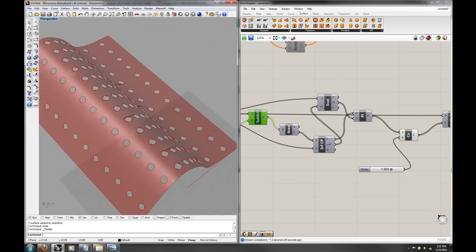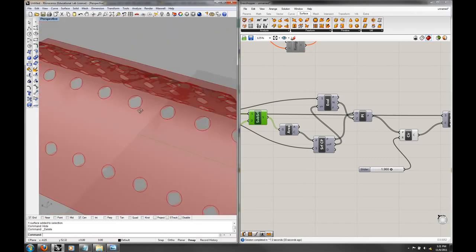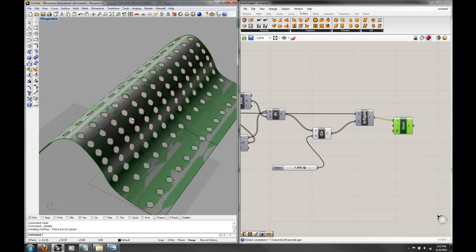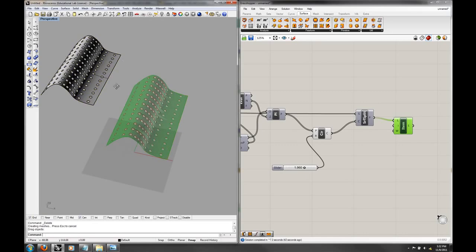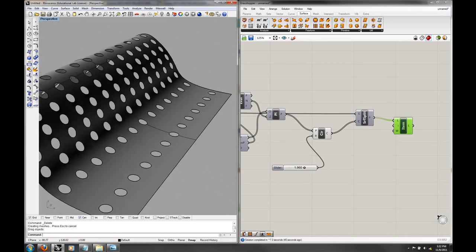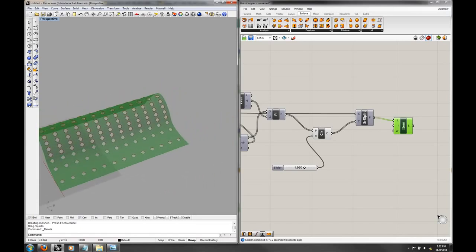And again, I think I've said this a few times, but it's actually better than this. Like this is just the approximation of the hole. If I go through and I bake that item, the surface is perfectly fine. Like it's actually got rounded holes and stuff. Okay, so that's a technique for distributing some geometry,